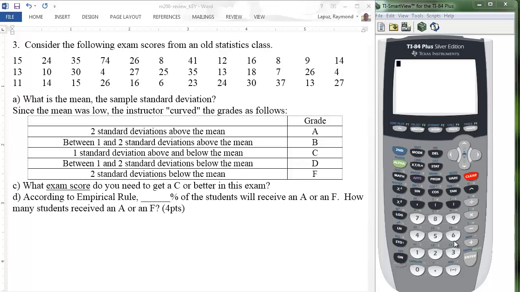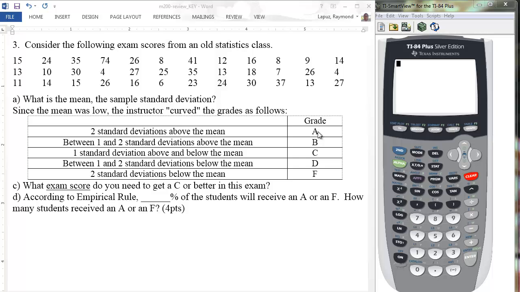This is the last set of questions for problem number 3. It says we're looking for the mean and the sample standard deviation, and then it gives us information about grades. If this is to be curved, then a C level would be 1 standard deviation above and below the mean. The B level would be between 1 and 2 standard deviations above the mean, and the A level would be